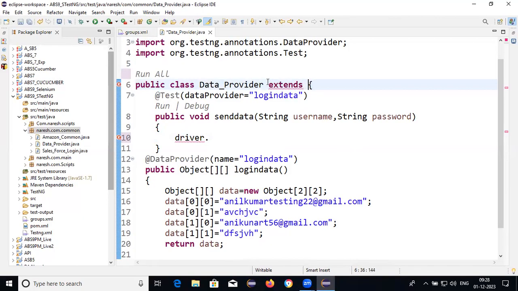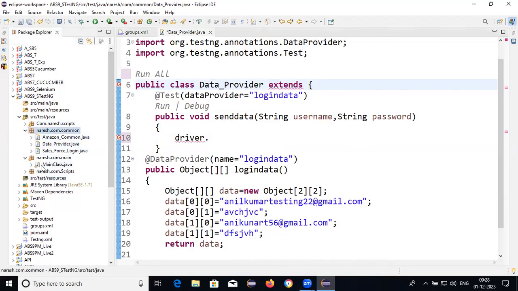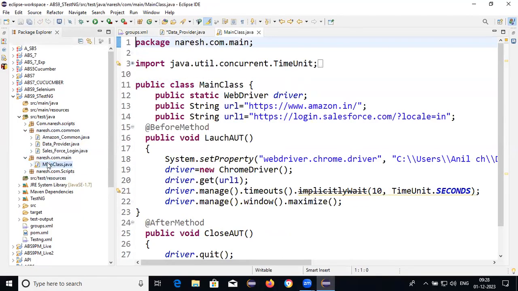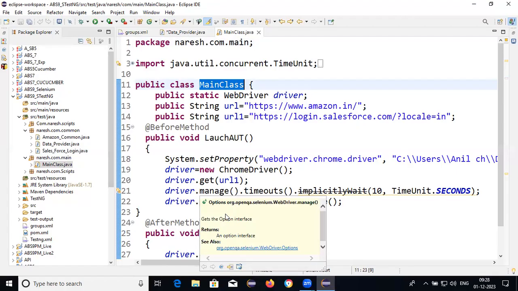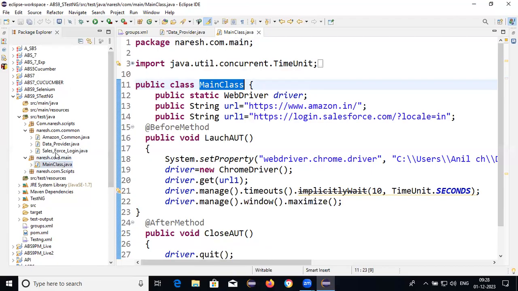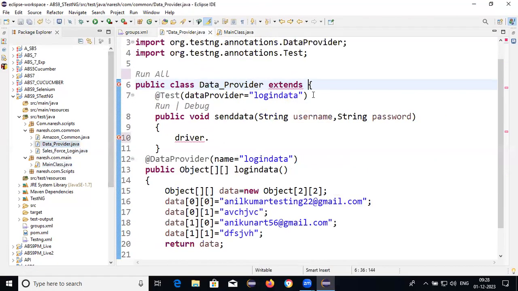Here we don't have a WebDriver method. Where is the WebDriver method? The WebDriver method is there inside of the main class. So if I want to send the data, I need to provide the main class or not. Is the launch method required or not? Without the launch method, how are you able to send the data? So we need to call here